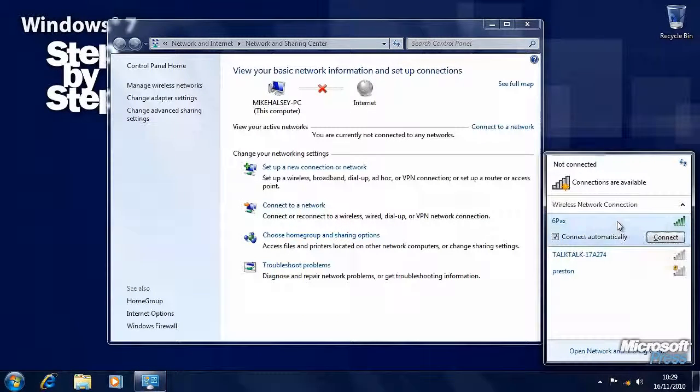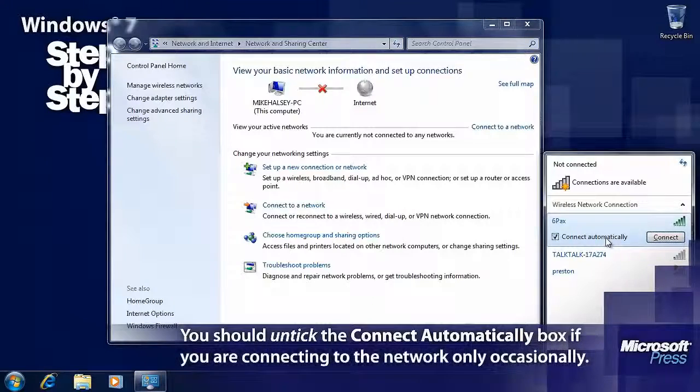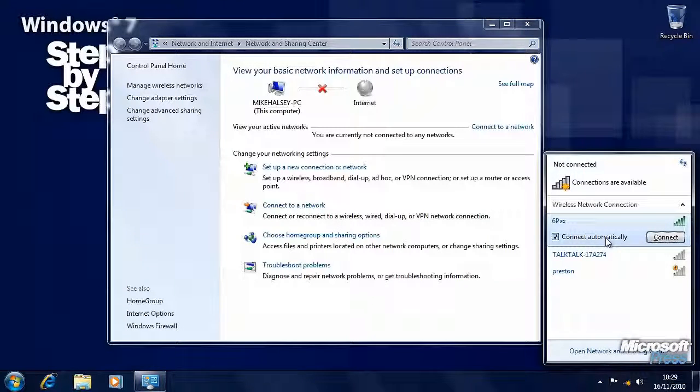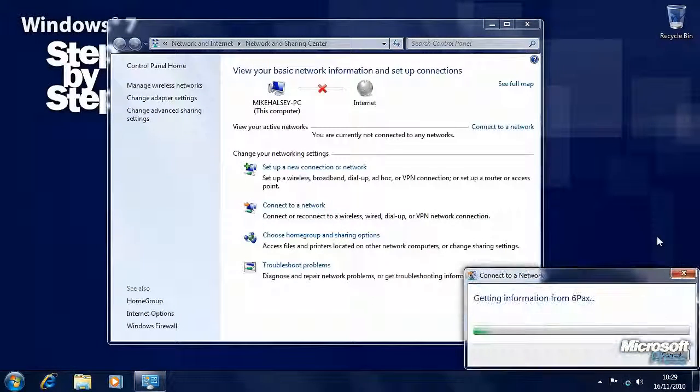So we'll click on the network. We'll leave the tick box Connect automatically ticked because on this particular computer we want Windows 7 to automatically connect to this network whenever it starts up. If you don't want it to, then untick that box. Press Connect,